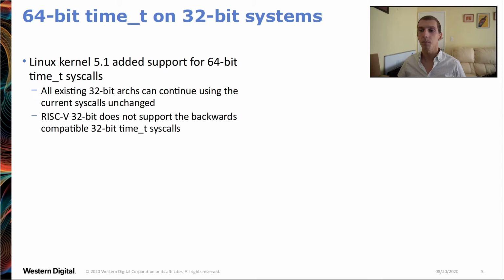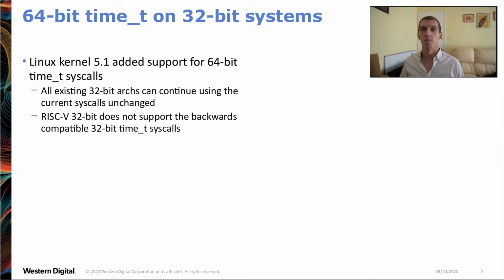2038. These new syscalls only apply to 32-bit architectures. 64-bit architectures are completely unchanged and don't even have access to them. So the idea was, and the decision was made, that RISC-V would only ever support these new